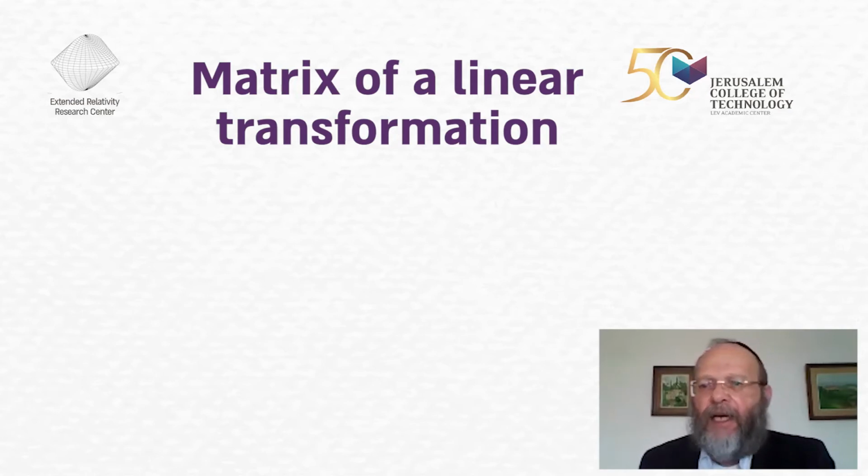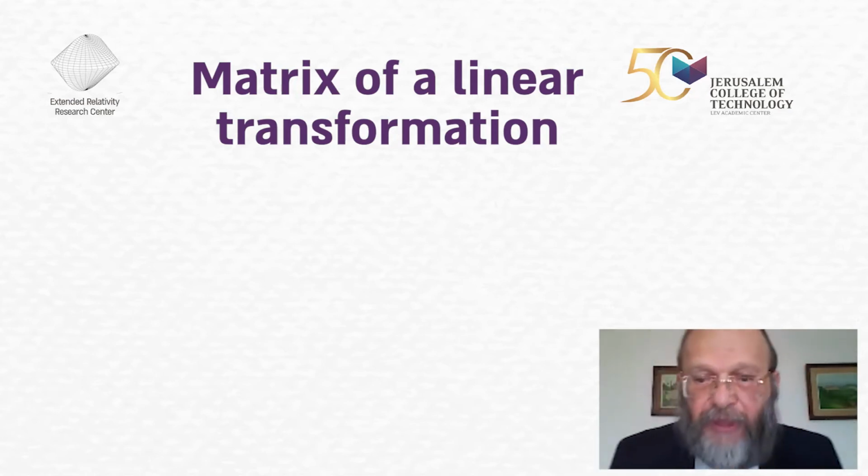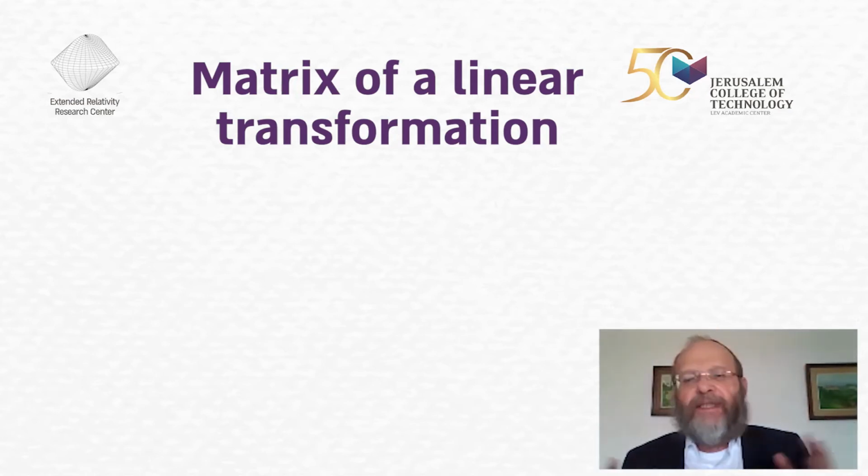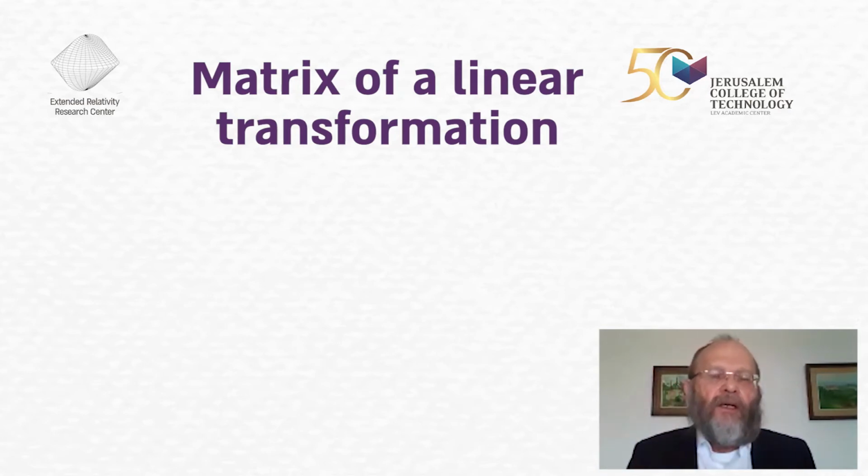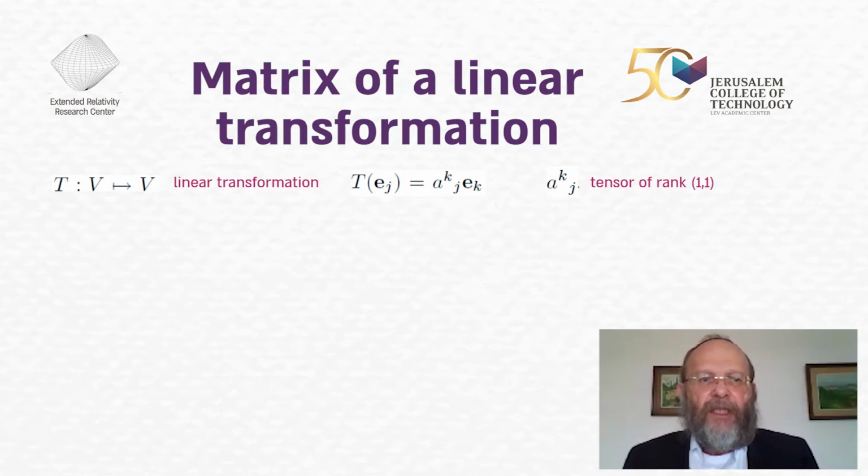Okay, let's start now with a linear transformation. It means we have, for instance, we want to rotate all our space. Rotation is described by a linear transformation. How do we define a matrix of a linear transformation? So we have a linear transformation T mapping a vector space L into L. What we do, we check what it is doing on each basis vector T e_j, write its coordinates in the